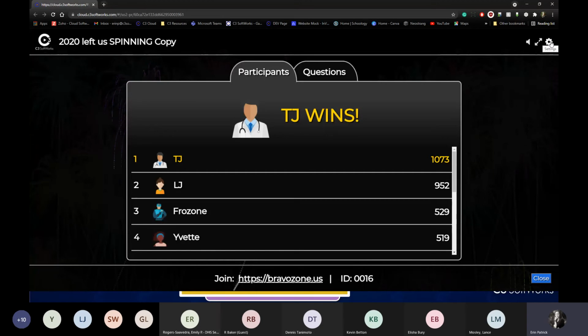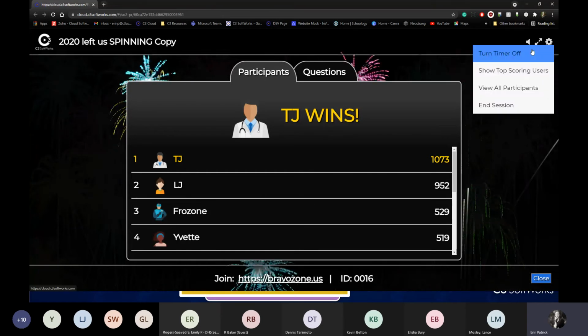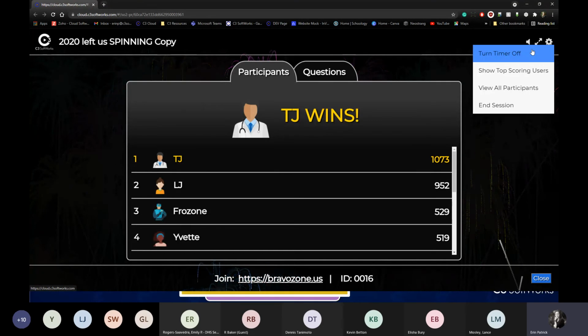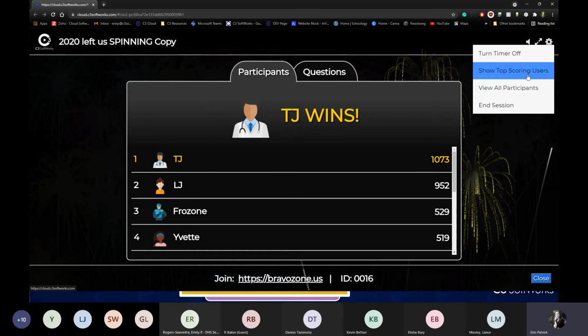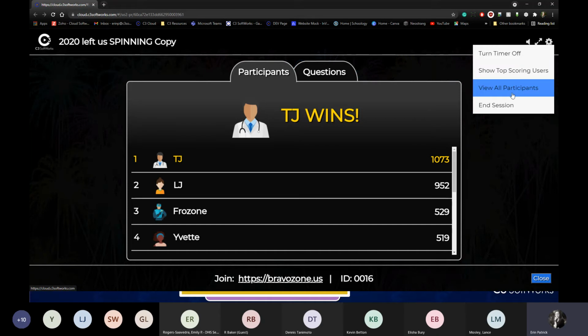You also have some options right up in this settings bar. If you wanted to turn that timer off at any point, you could do that. If you wanted to quickly view who your top scoring users were, just to get everybody more engaged, you can do that. You can view all of your participants in case you are feeling those cyberspace crickets, or you can